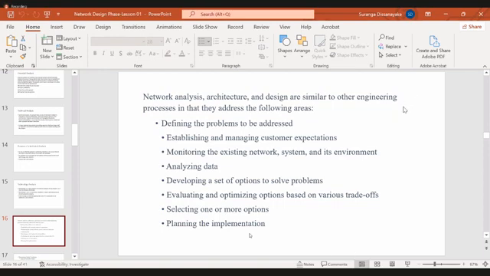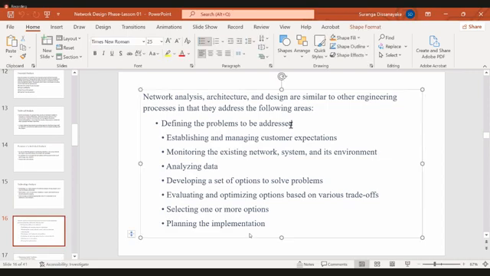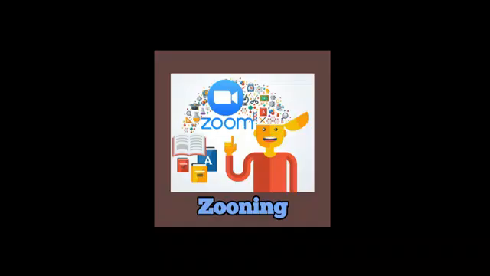Okay, so based on the network analysis, architecture and design, similar to other engineering projects, they address the following areas. Okay, definition. So define the problems to be addressed. Someone has sent the request to design the network. The network design request should come through the proper way, the formal or informal way. Then when we get the request, we need to understand what the problem was and which problem we need